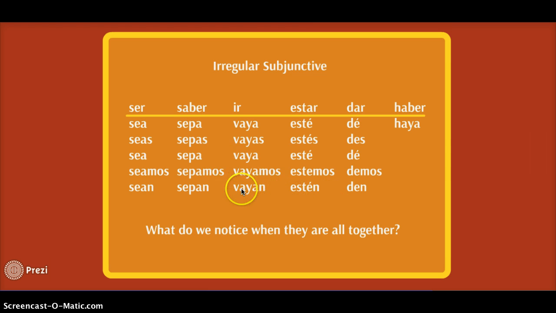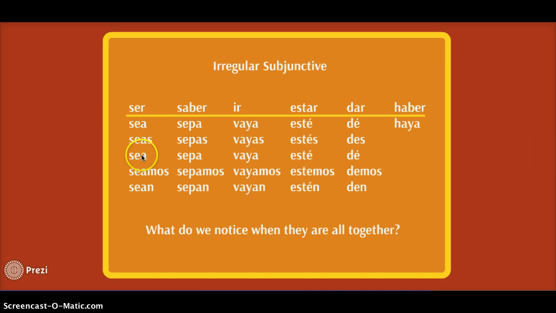Maybe you noticed other things. It's important to try and focus and try and catch some things that will trigger your memory so you can conjugate these things in the future. So these are the types of verbs that you just need to memorize. And unfortunately, I do not have a song for you for this one.